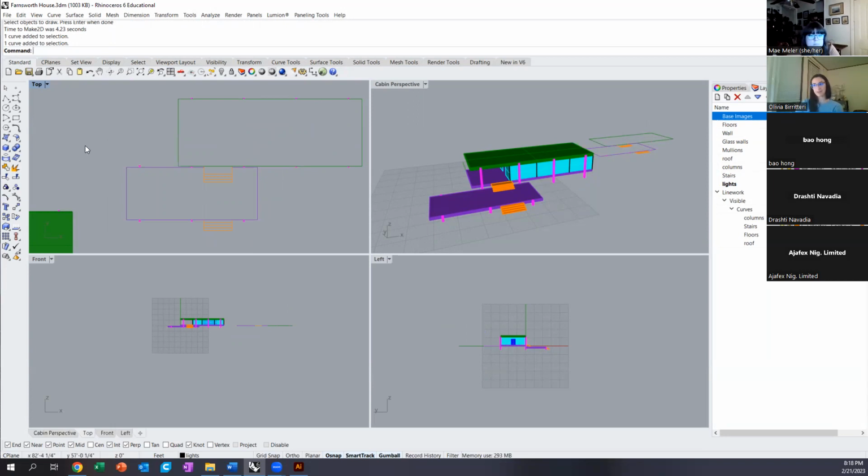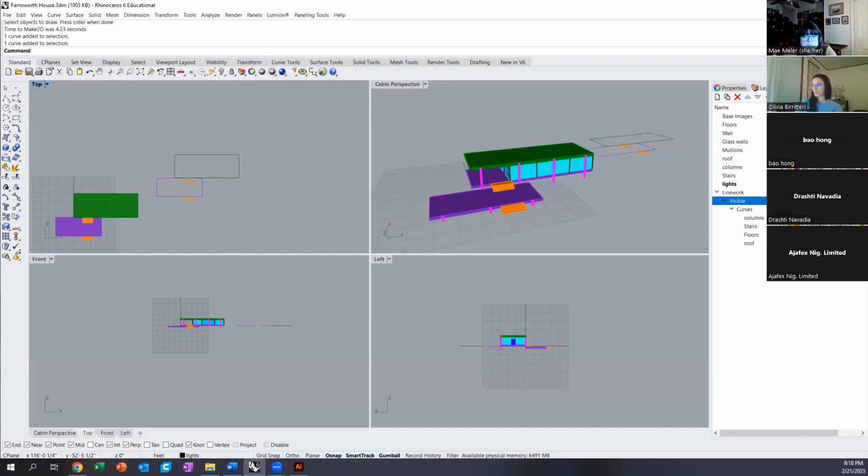some lines, our plan. You'll notice over here to the right that when I use the Make2D command, a bunch of new layers came up. And they are very conveniently sorted out for you. So everything that is a Make2D goes into this line work layer. So if I turn that layer off, that turns off all my lines. And there's these sub layers,